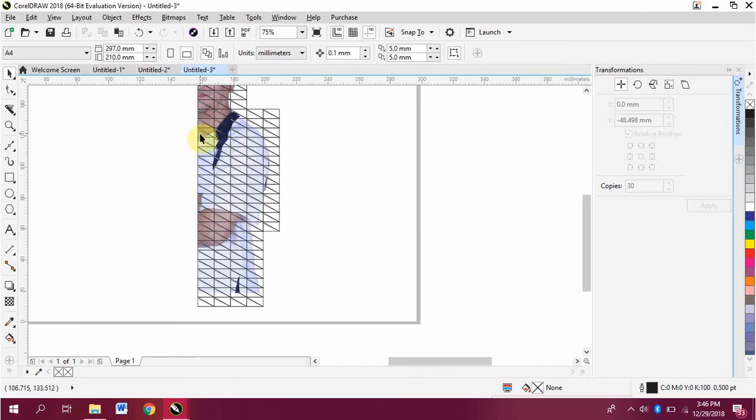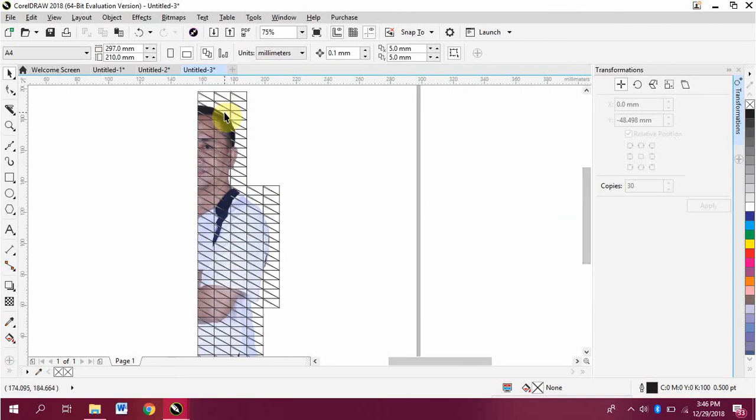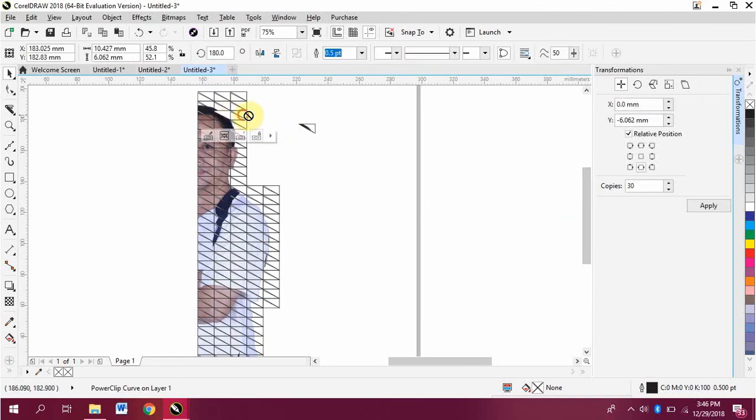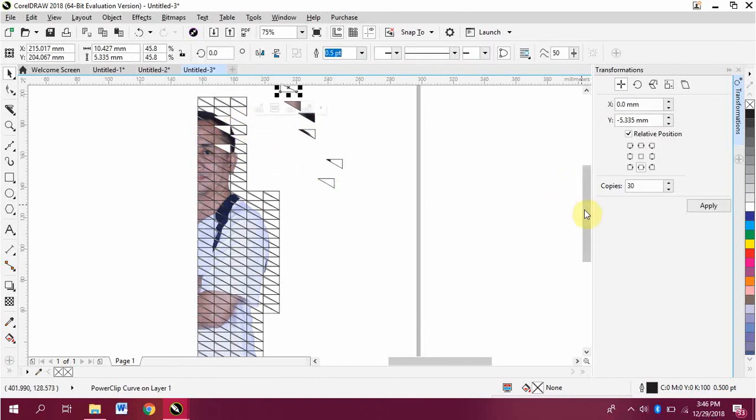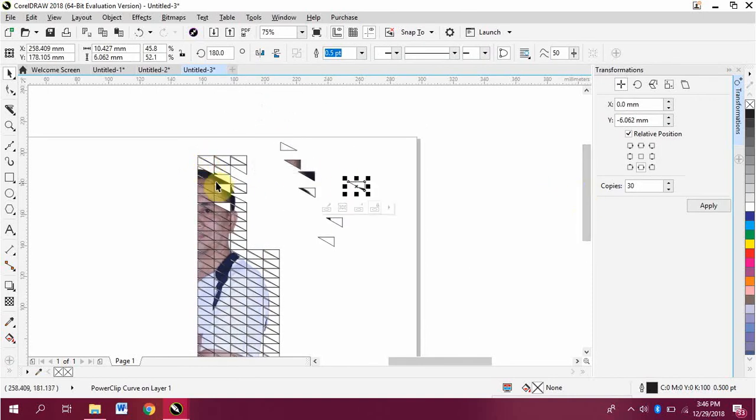This is our important part. Spread the pieces of our dispersion tool to make the dispersion effect on our object. Choose this one, then spread, choose this one, then spread. You can make it based on your creation.